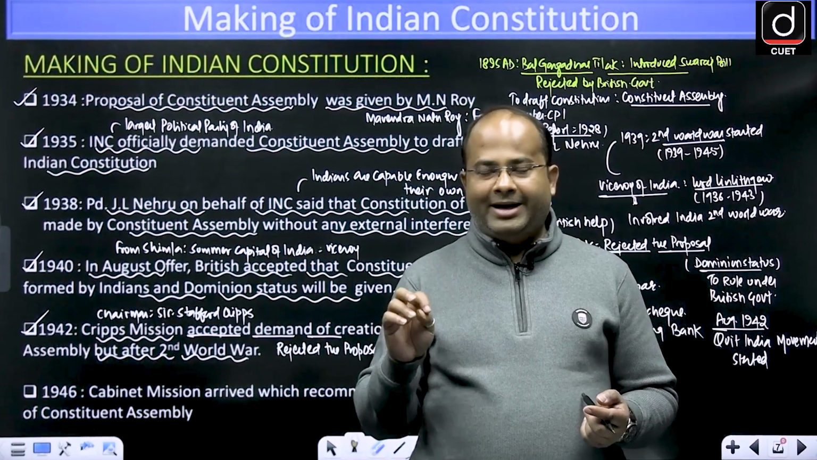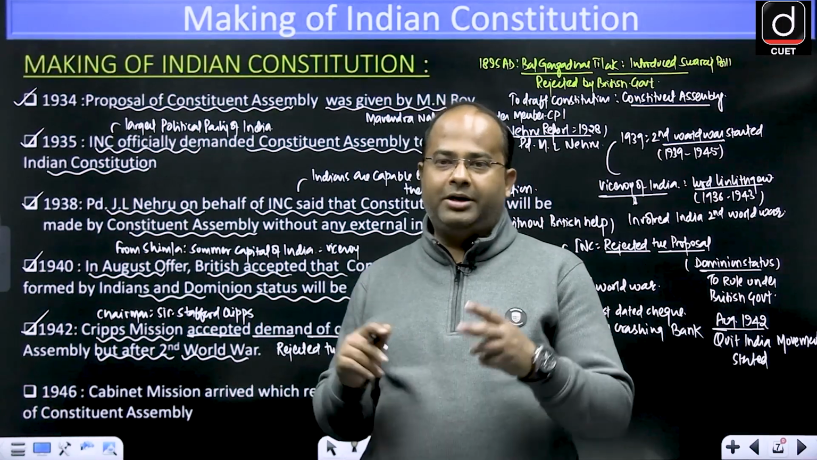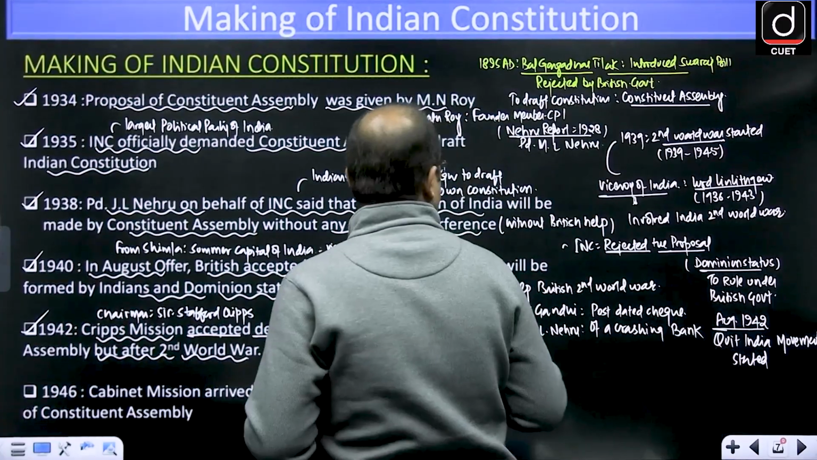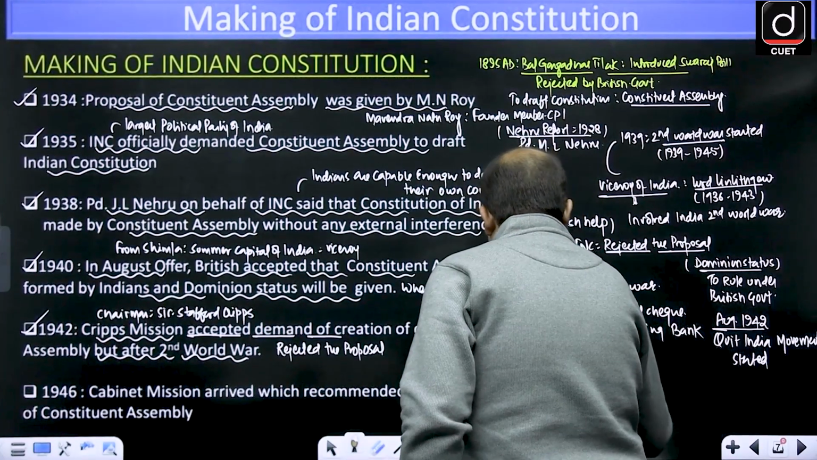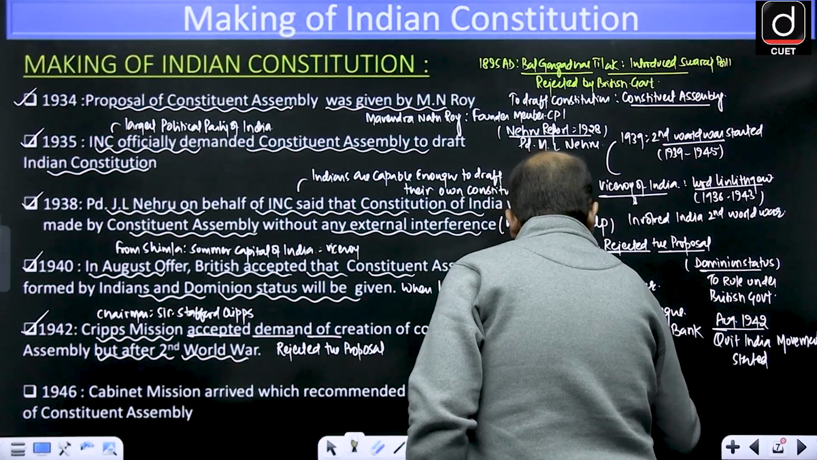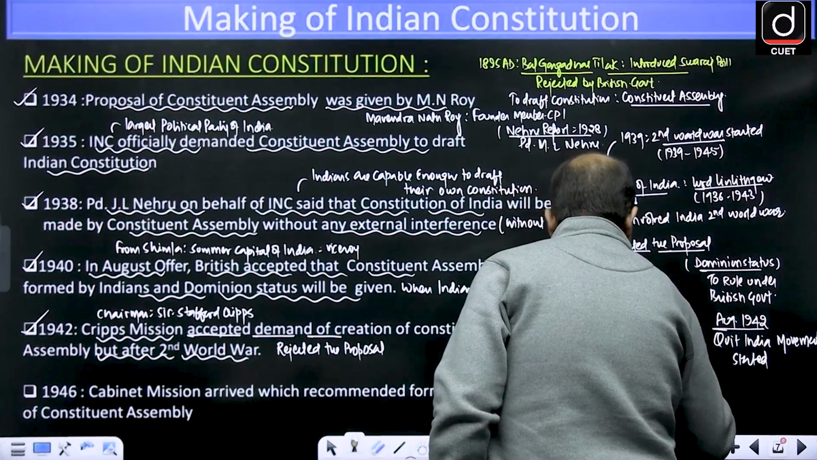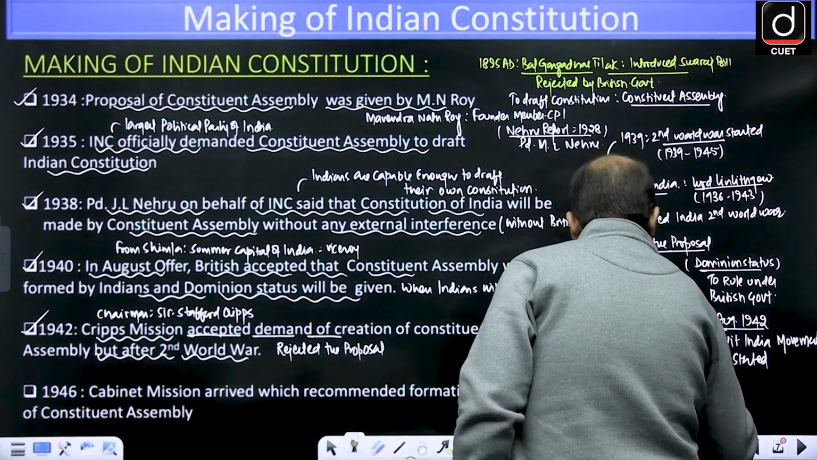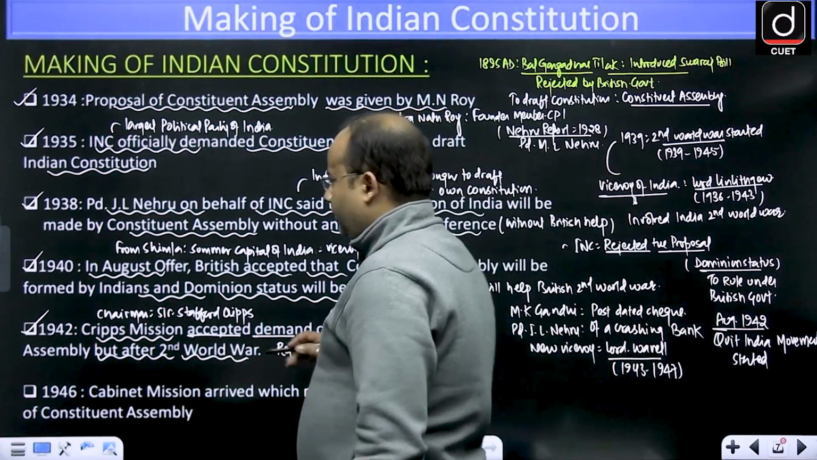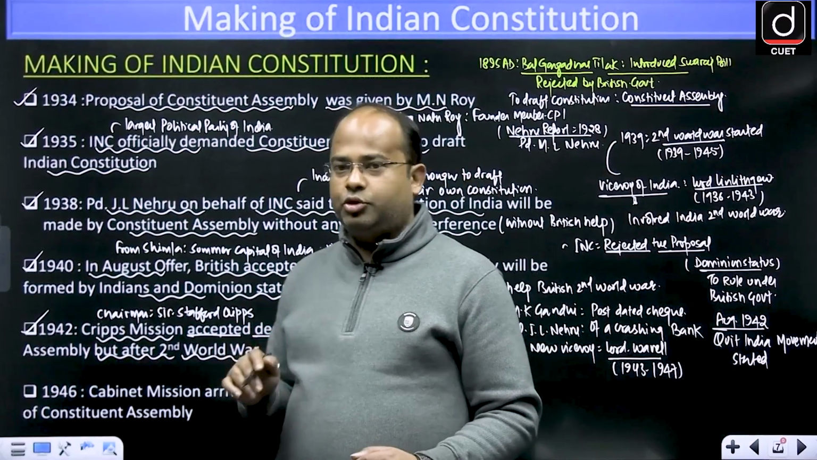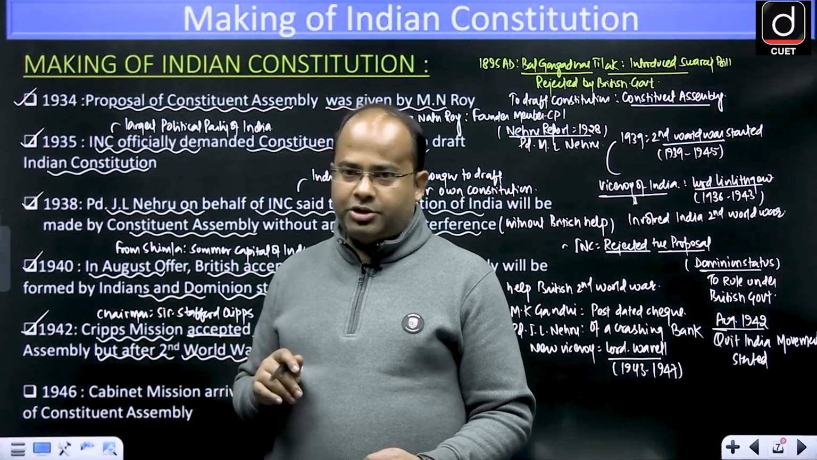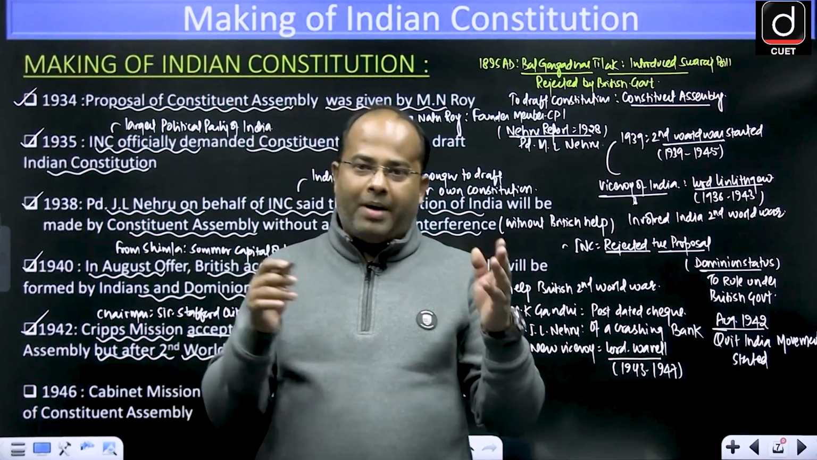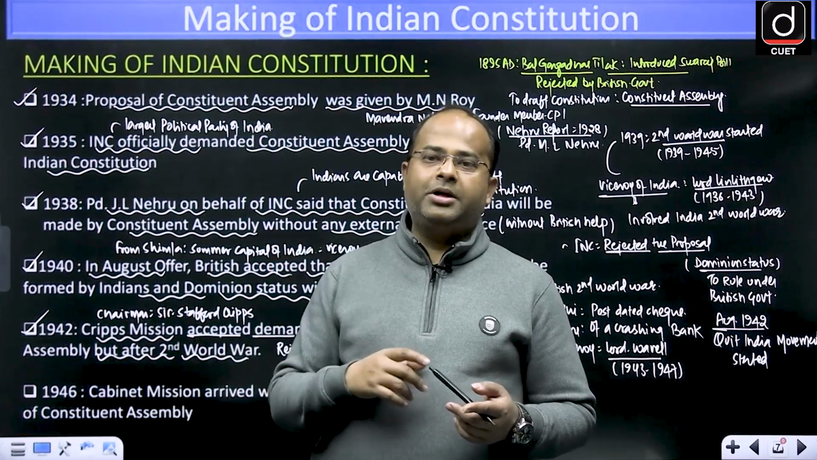So Clement Attlee, who was the prime minister at that point of time, did two things. First of all, he announced a change of the viceroy. A new viceroy came, that was Lord Wavell, and he was the viceroy from 1943 till 1947. And Lord Wavell announced that the cabinet mission plan will come to India for the formation of a Constituent Assembly, so that the Constitution of India can be drafted, power can be transferred, and then the British government will take a